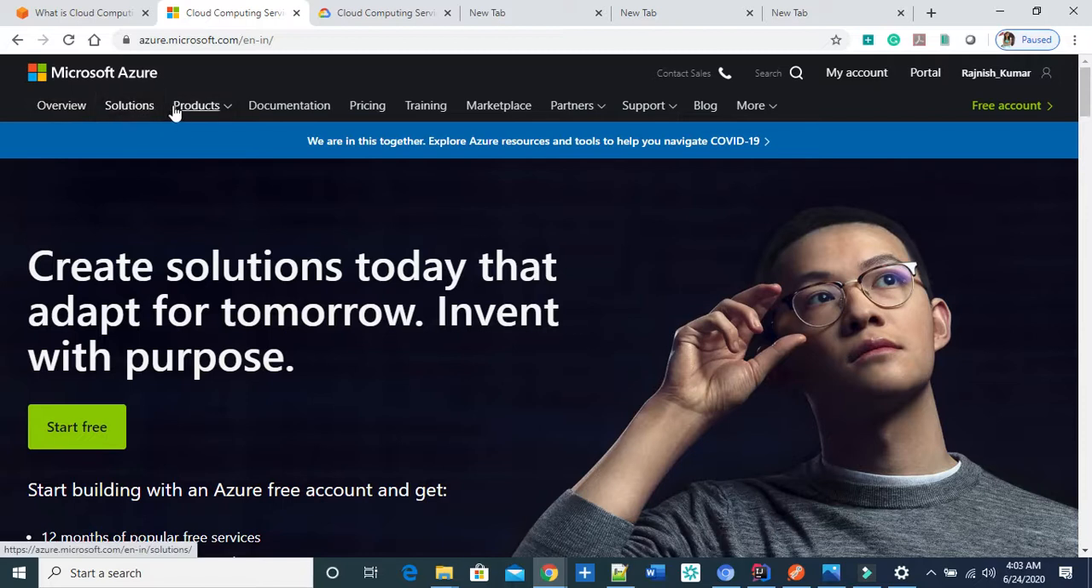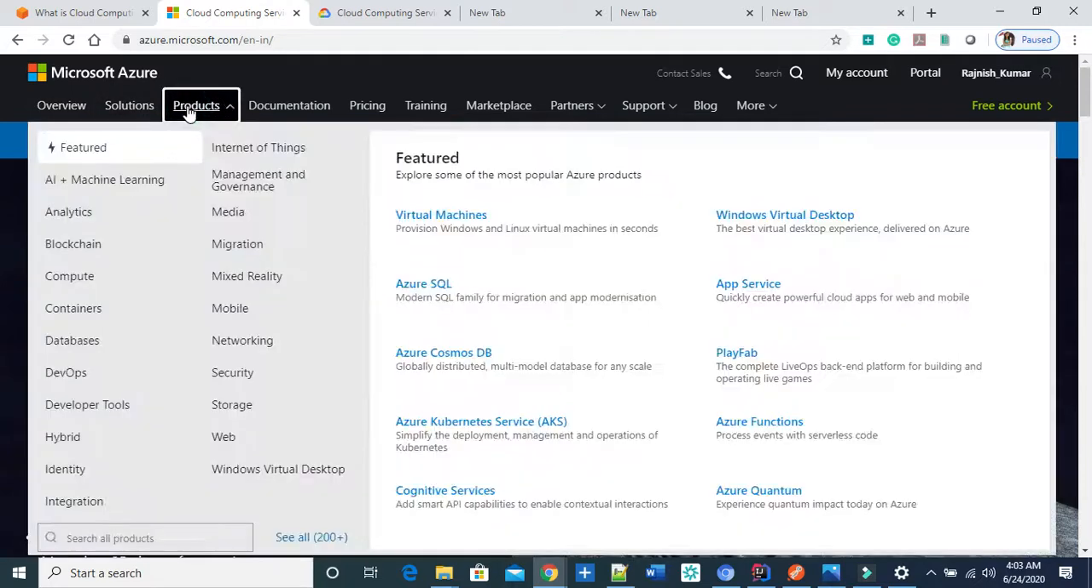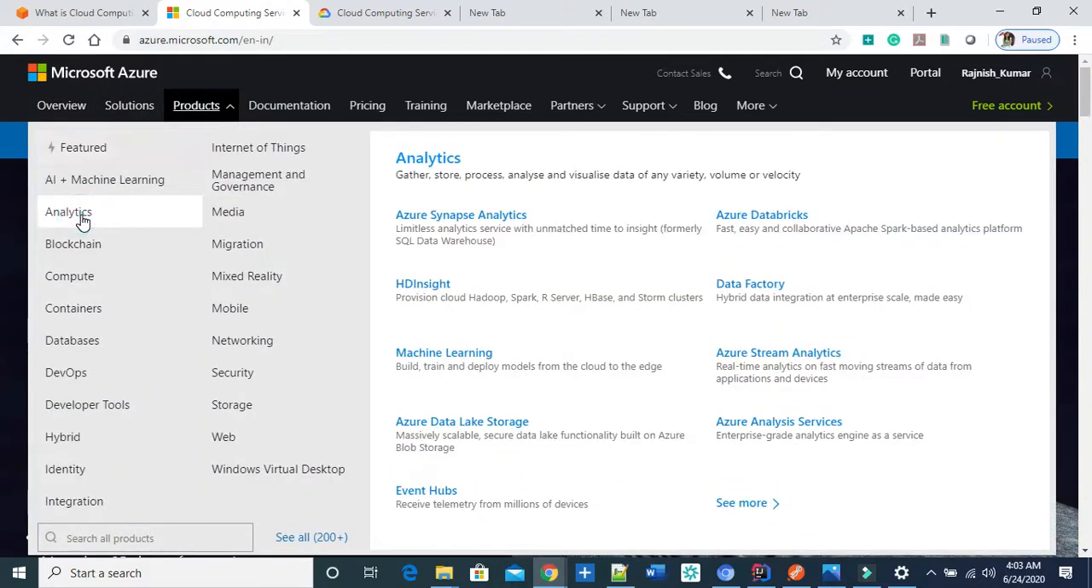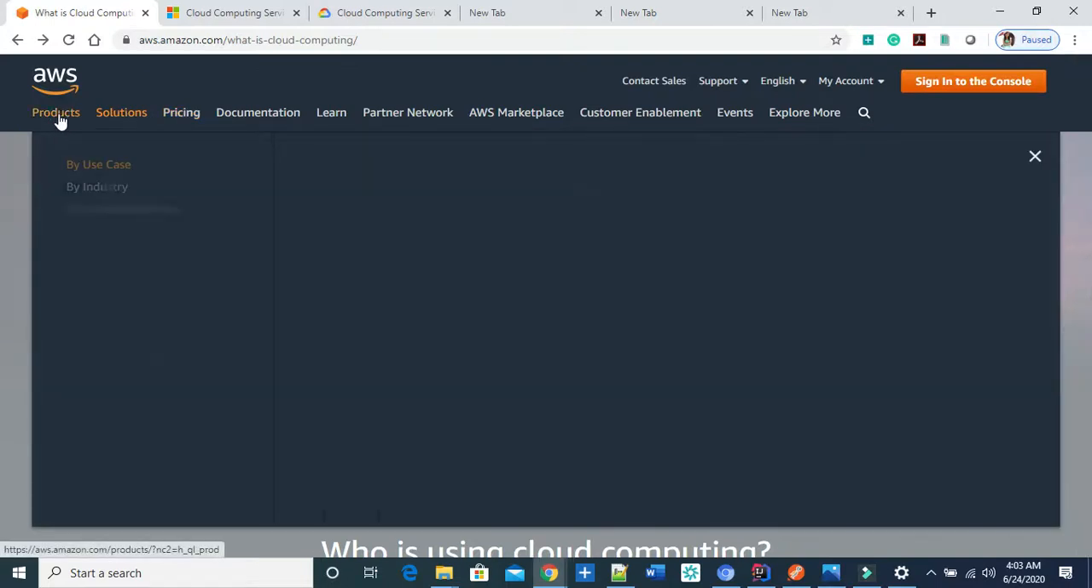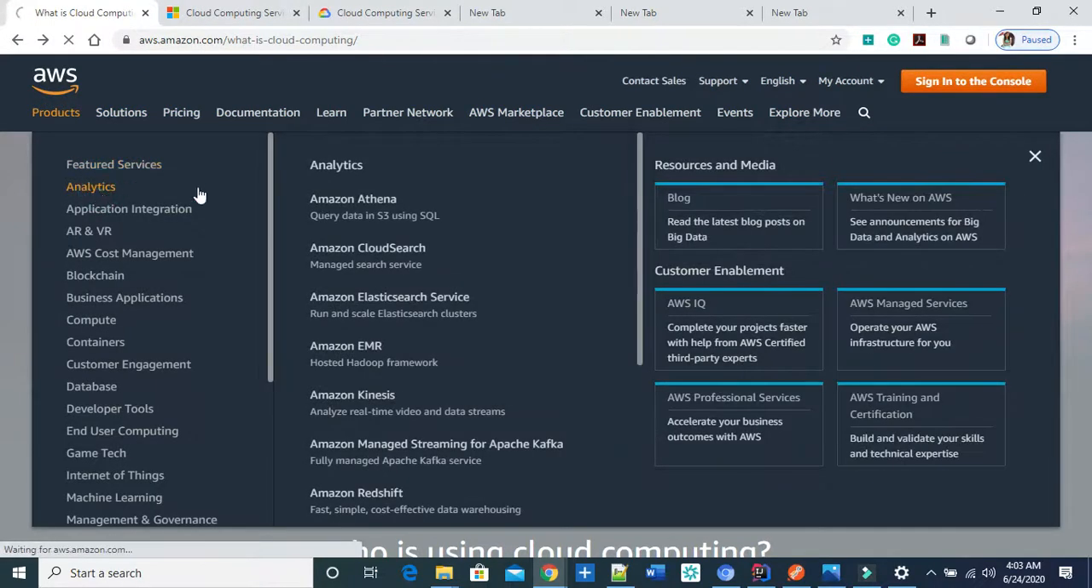Like product, you can open the product and see this is the analytics part. You can see there are a lot of analytics things here. Here is analytics, they have Athena and CloudWatch. And EMR, basically you can create